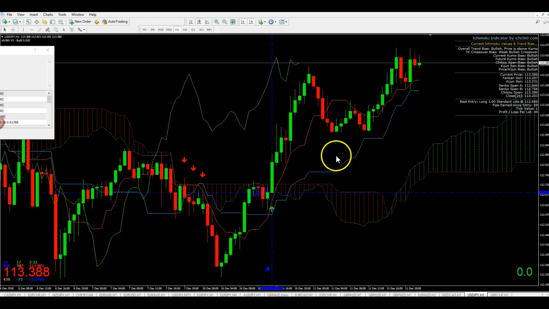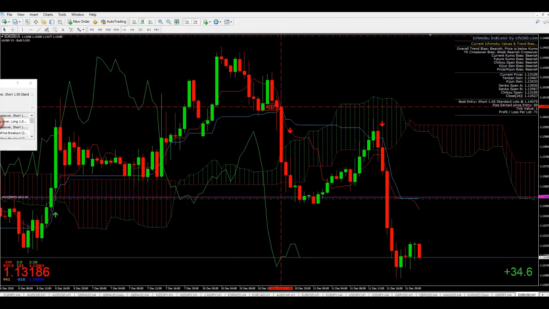Almost every indicator can be traded on its own. If you were with the Chiku span, you could do that. If you're going to trade with the Kinjin, basically whenever the price is above the cloud, you remain bullish, and when it's below, you remain bearish. You could also do that. It's a powerful system. Now, what I intend to show you is the trade I have been in for